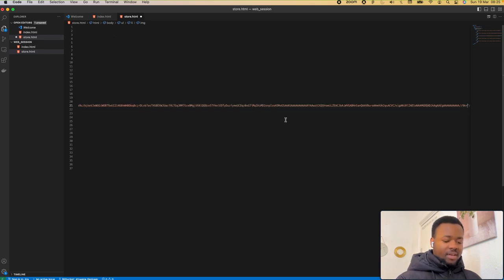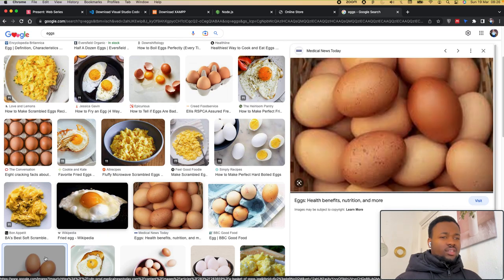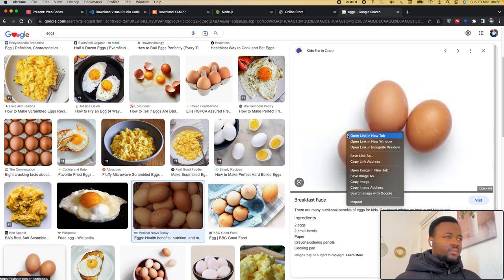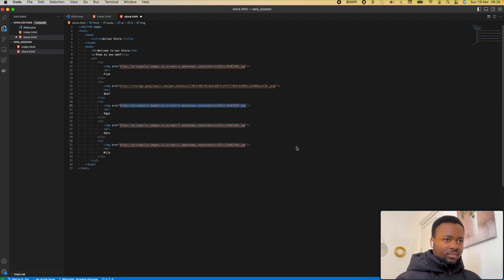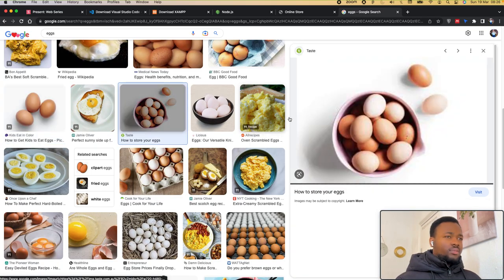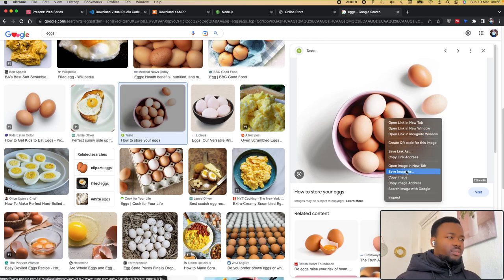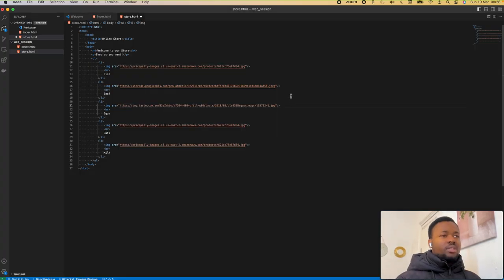So I'm going to show something after as well. This is too long. Wow. It's actually a base 64 image, so we might not be able to use that kind of long script. Copy image address, right? So when you copy, just paste it here. This is better. So let's just leave these 3 items for now so that we won't have too much to